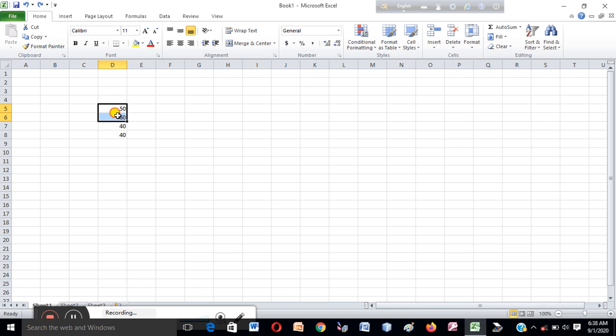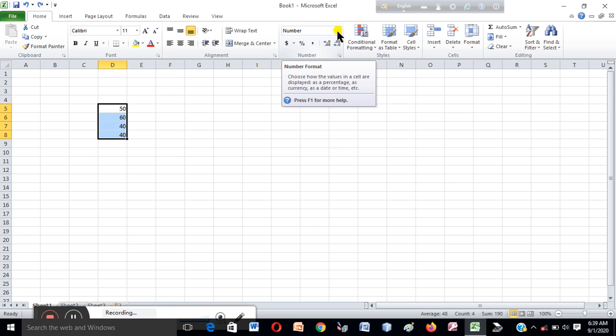First of all, we select the numbers, and there are so many formatting options in the number section. This is the number portion in the Home group.